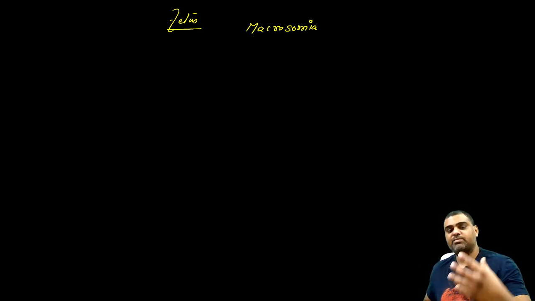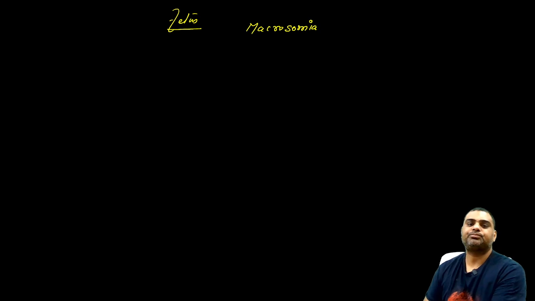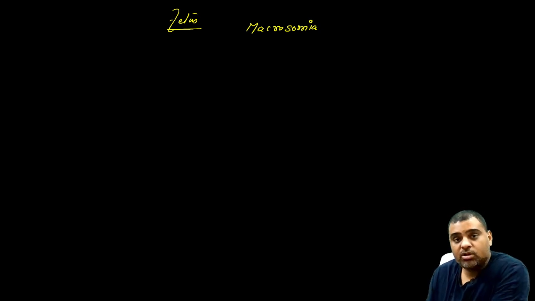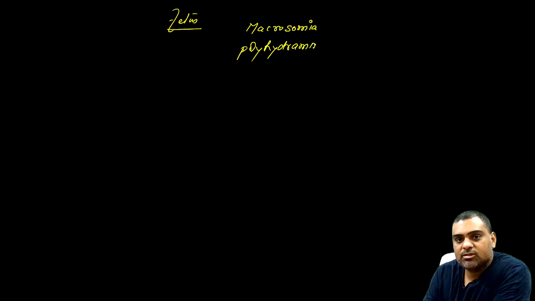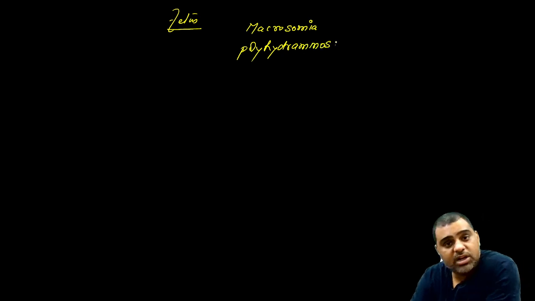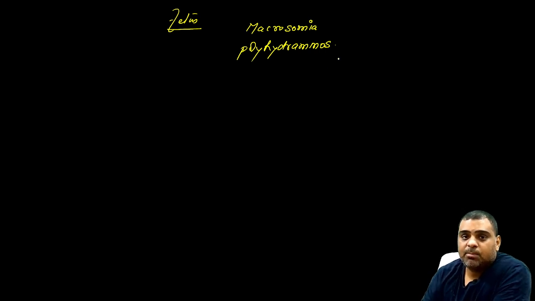So there is macrosomia. Second, there is polyhydramnios. Why polyhydramnios? Because increased glucose will lead to what? It acts as an osmotic agent, so there will be increased urine. Please remember,